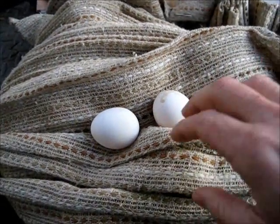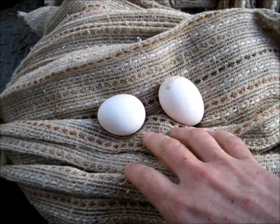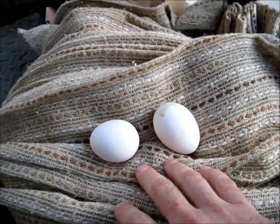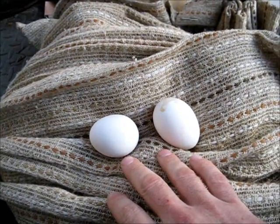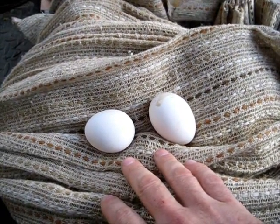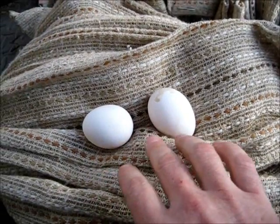Look what I found this morning. My first eggs. So finally the hens are laying. I do believe this is from the little tiny bantam. They're a little bit smaller than normal. They're almost normal size, but a little smaller, so I think these are both from the little tiny bantam